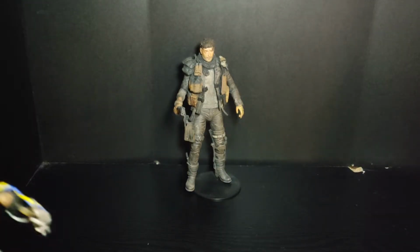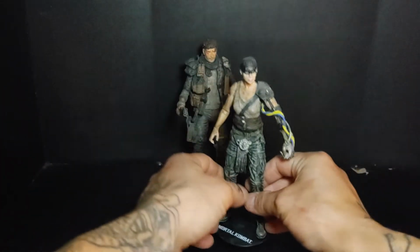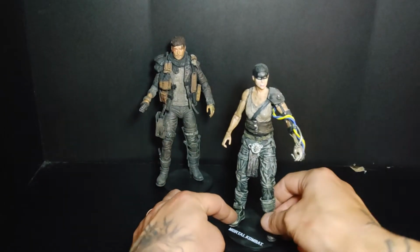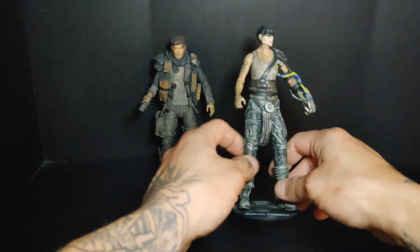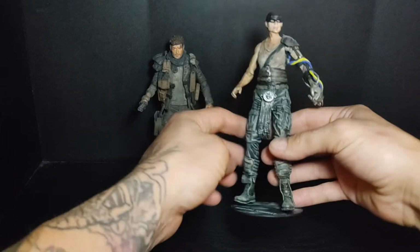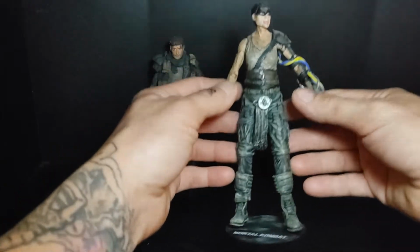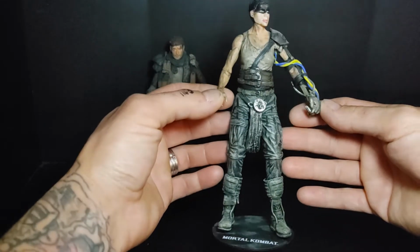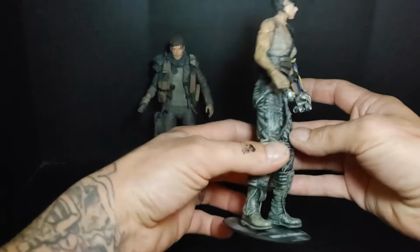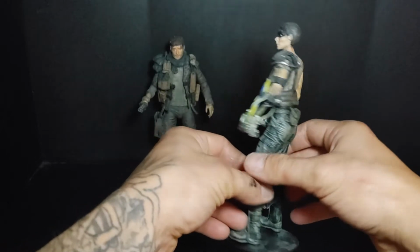So the next figure I made for my Fury Road figures was Furiosa. To make her, I used, I want to say, an Alien 3 Ripley figure, and then I added different pieces from other figures. I can't really remember what. I just have stuff that I see when I look at broken things in my fodder box that I just cobble together and add to try and make the figures as close as possible to how they appear in